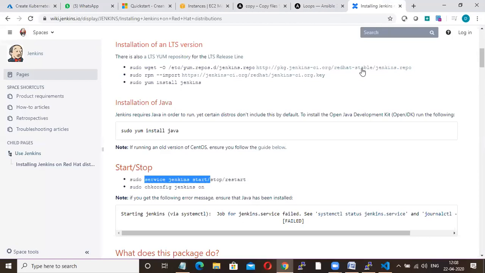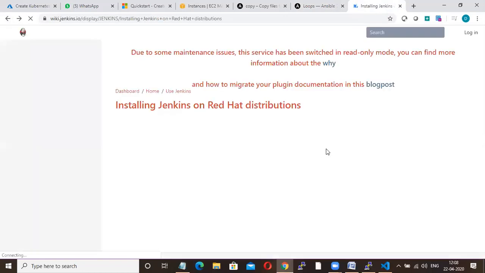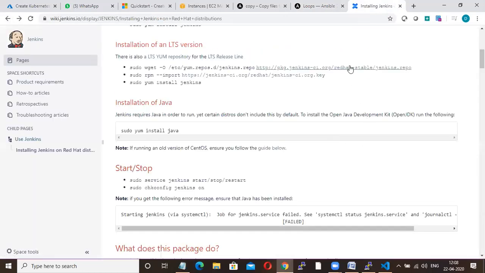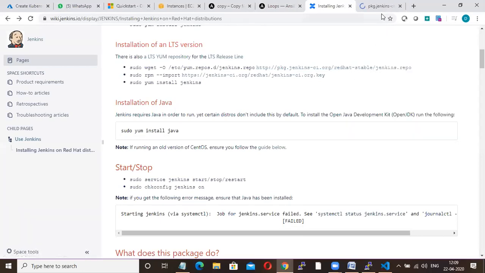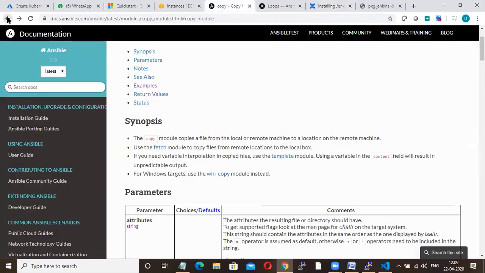Let's see, it is not working. Okay, it is working. Fine.